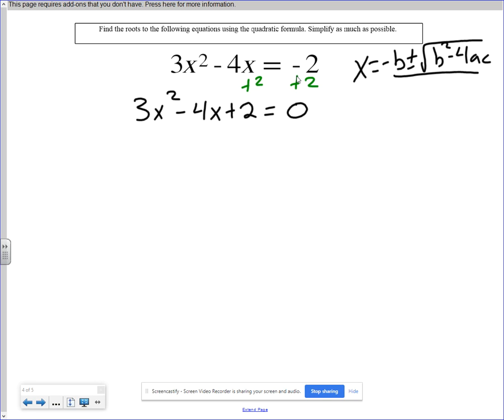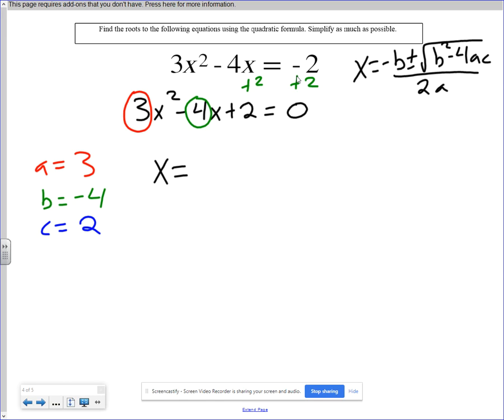So then we'll go ahead and use our quadratic formula up there. First of all, we'll find a, b, and c. So a is going to be equal to 3. For b, it'll be equal to negative 4. And c is going to be equal to 2. So this time, let's just go ahead and plug it directly into the quadratic formula. So we get x is equal to the opposite of b. So we'll have a negative 4